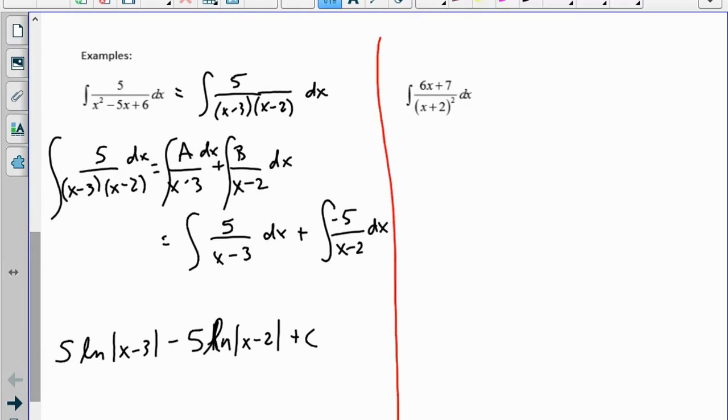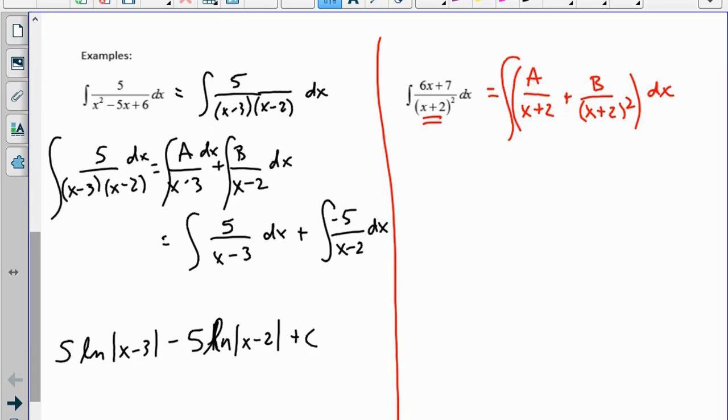Okay, so if we look at the next problem, I have (6x + 7) over (x + 2) squared. This is a repeated linear factor. So since this is a repeated linear factor, I'm going to rewrite this as A over (x + 2) plus B over (x + 2) squared. And so now